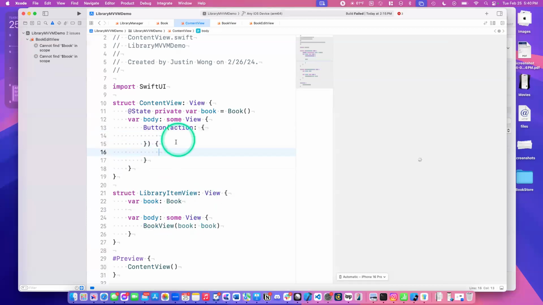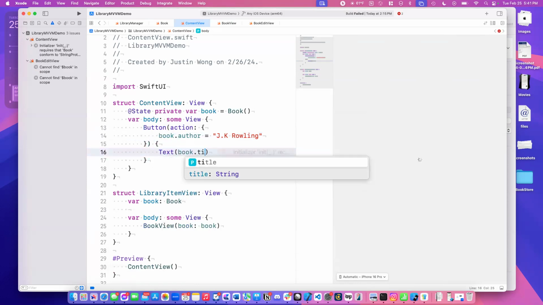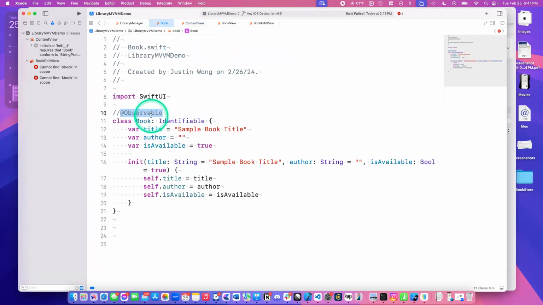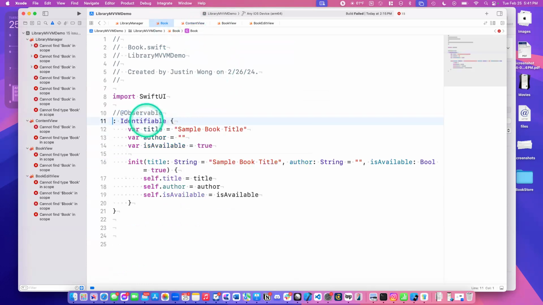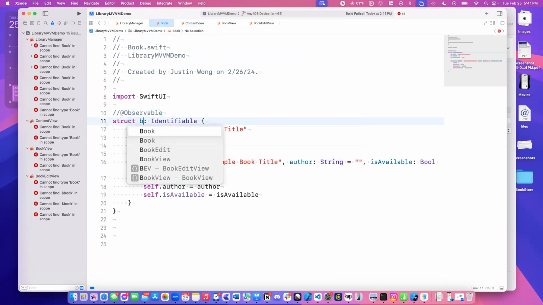We simply want to change the author to, for example, an author like this. And then here we just display the book's title. Now, if I just had this without Observable and this was just a struct,